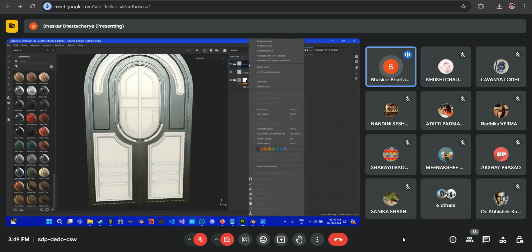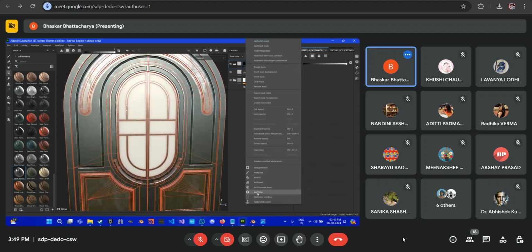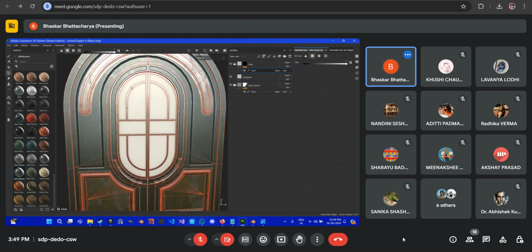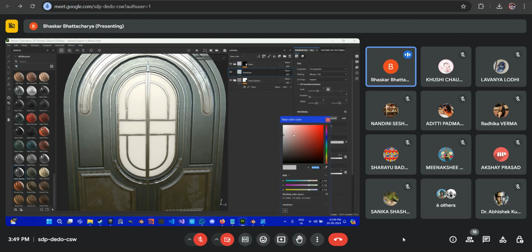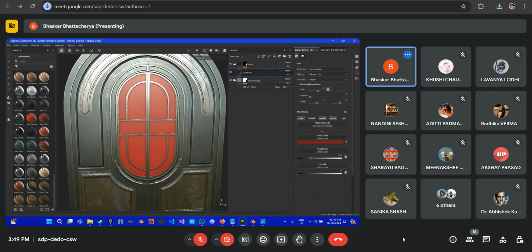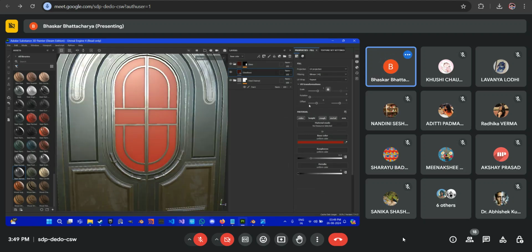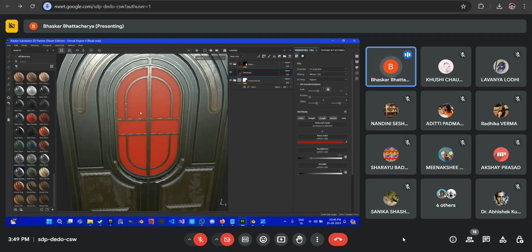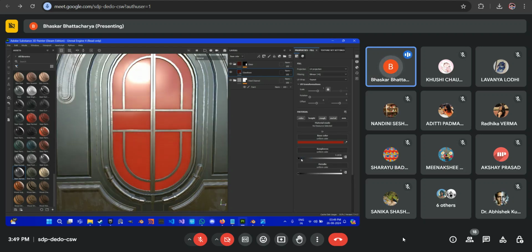And in the glass one, I will add a black mask. And again, using the same method, I will add a paint layer on this. In the polygon fill mode, I will make sure the color is set to white and select these two. Again, we cannot see what is happening, so let's take the glass layer and make it red so that we can actually see. Now, next thing that we are going to do is change the roughness of this. Since this is glass, this will be very shiny. Once again, I'll